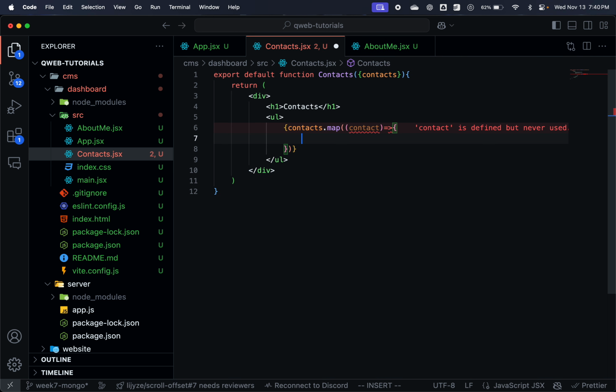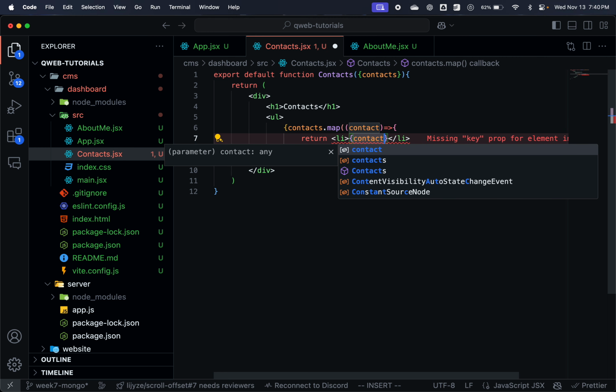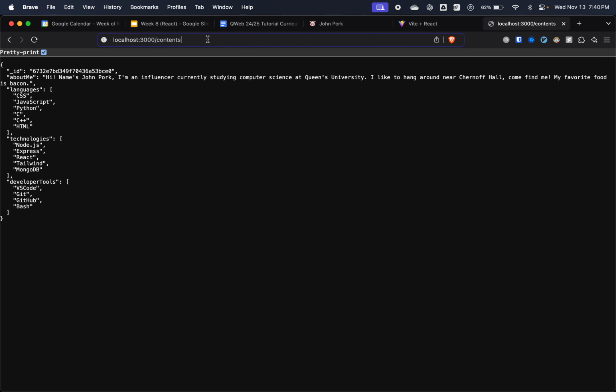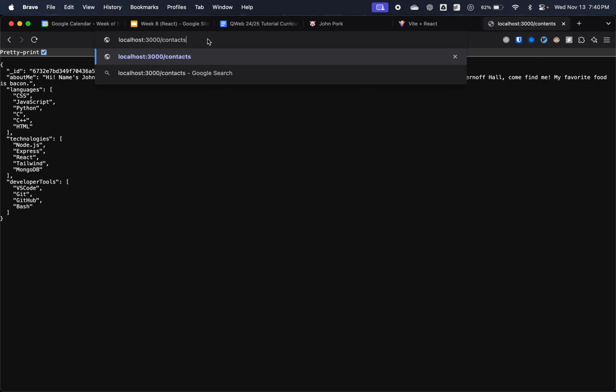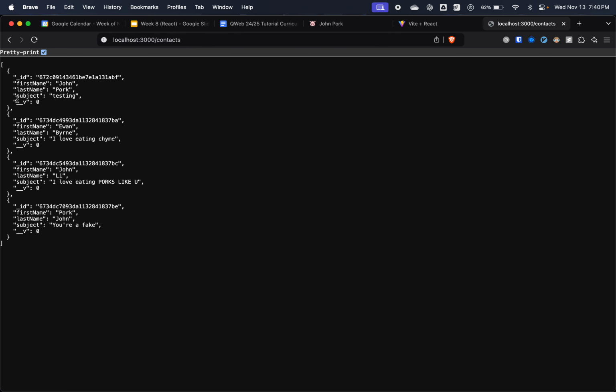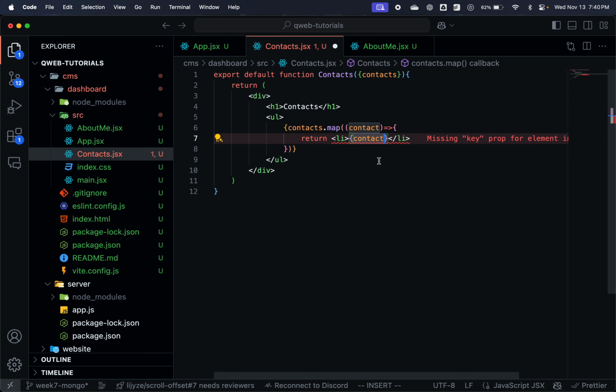For every single contact, I'm going to return an li. If you look at the shape of the contact at localhost 3000/contacts, you can see here that these are the contacts. We have first name, last name, subject. So we can do contact.firstName,